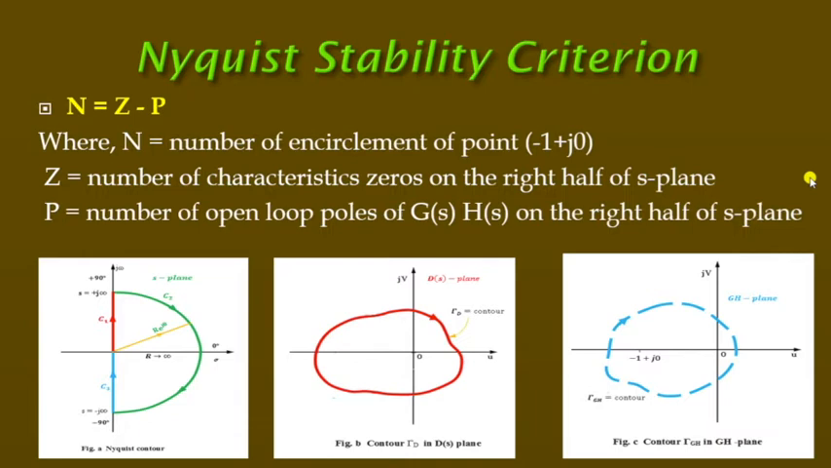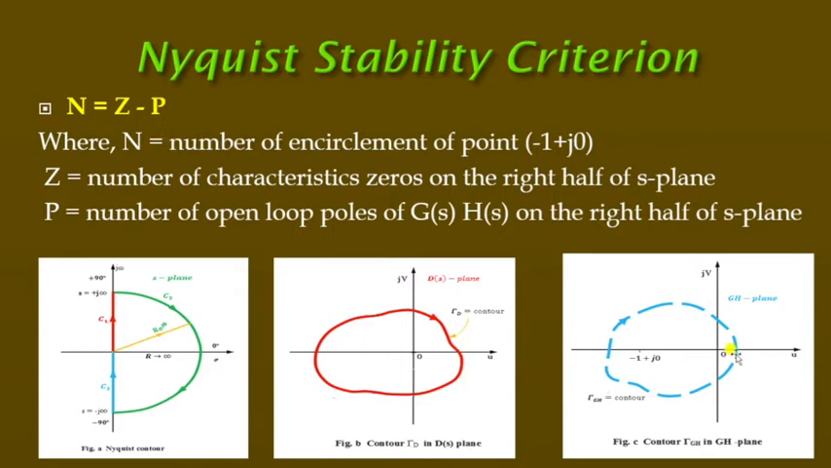We know that to make a closed loop system stable, there must not be any characteristic zeros in the right half of the S-plane. Therefore, Z equal to 0, that is N equal to minus P. If P is not equal to 0, then for the closed loop system to be stable, because N equal to minus P, it means that we must have